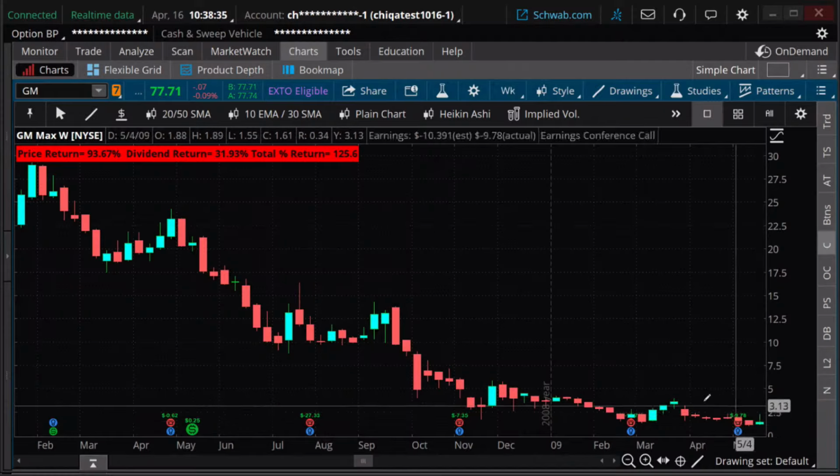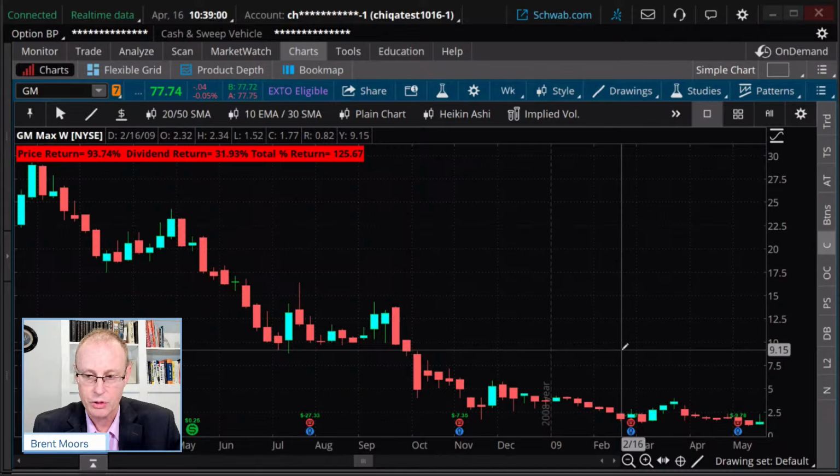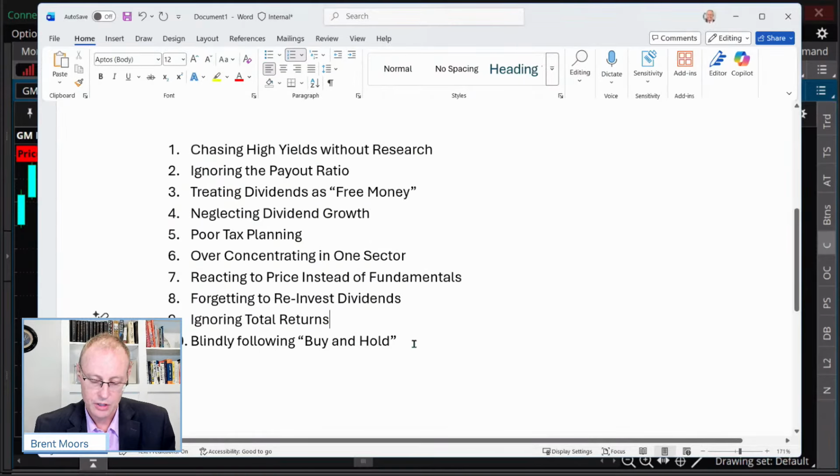And you can see what happened to the stock. Now, it's had a great turnaround story on General Motors, but it's just a warning there. You may like a brand, but don't fall so much in love with the brand that you become blind to a business model that isn't working anymore. And so just be aware of that. And so that's my kind of warning here against buy and hold.